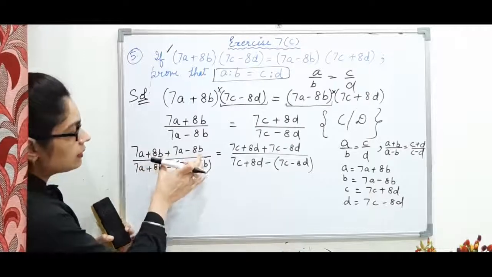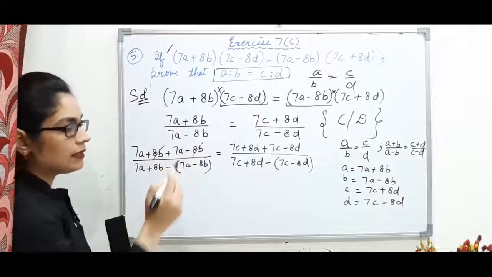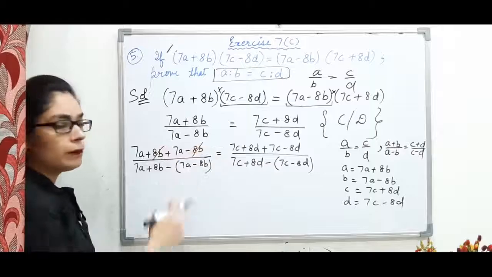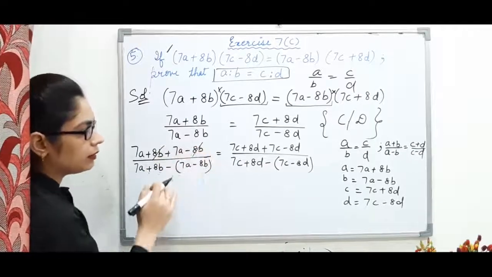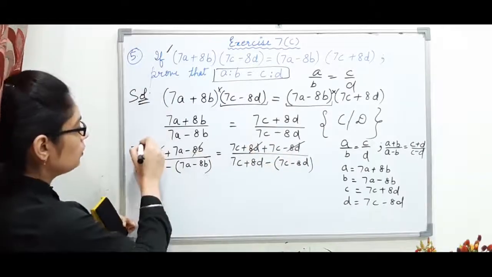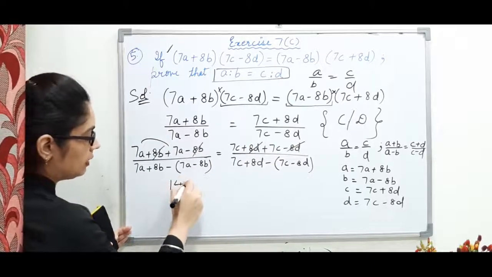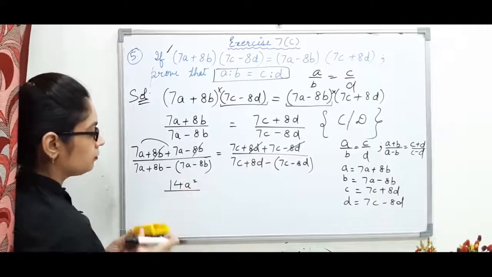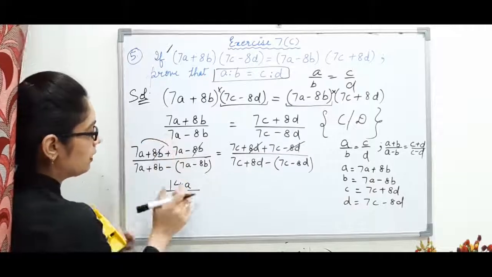In this step itself, if you want, you can solve like terms. So 8b plus 8b and minus 8b. Like we did in the previous question, same terms with opposite signs will get cancelled. So 8b minus 8b both will get cancelled. This side plus 8d and minus 8d. These two are like terms. 7 plus 7 is 14. The a I have to write as it is. Don't write a square, it is a only. The common a is there, so after adding these two, I will write a as it is.